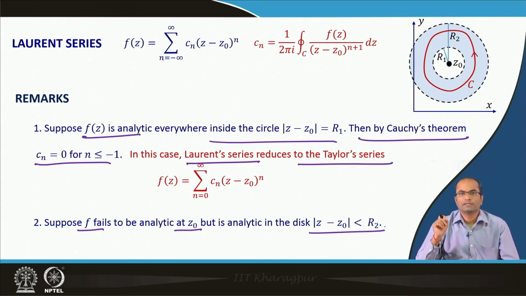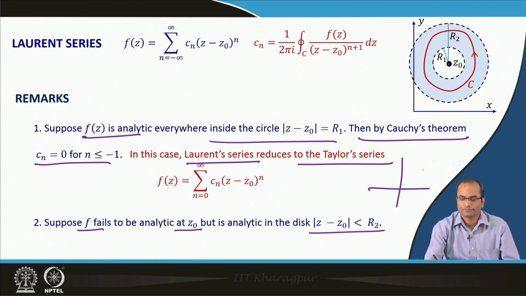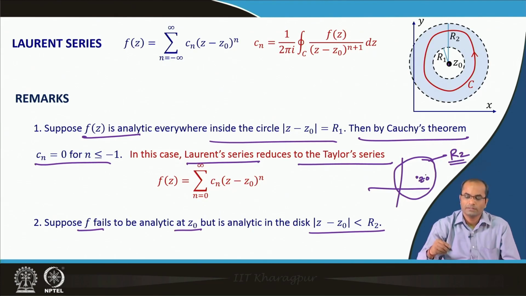So, suppose the function is only failing to be analytic at a point z naught. At the center here, at z naught, the function is not analytic, otherwise it is analytic everywhere inside the outer circle whose radius is r 2. So, except this one point z naught, the function is analytic. So, again we cannot write the Taylor series, of course, because there is a point where the function is not analytic,